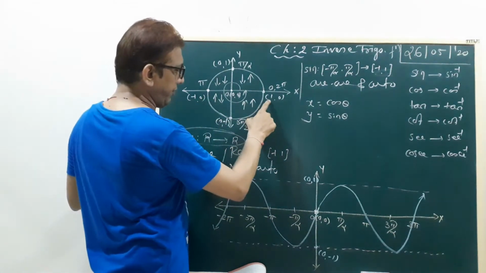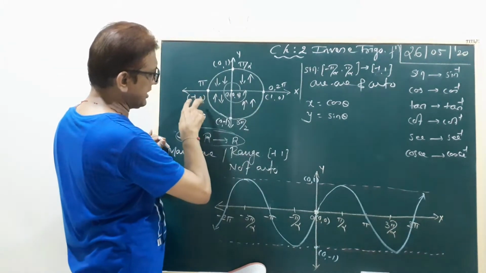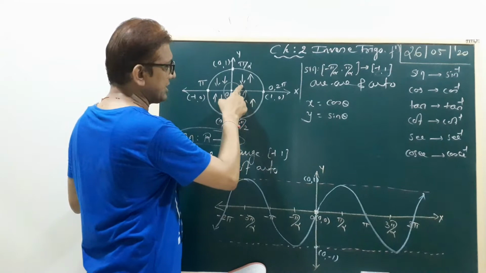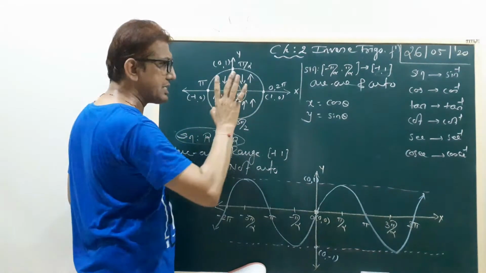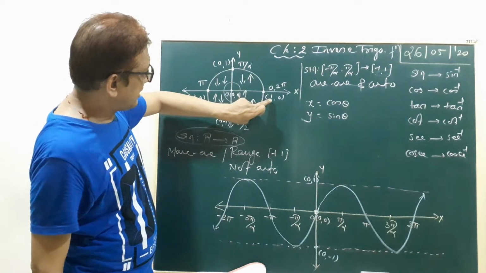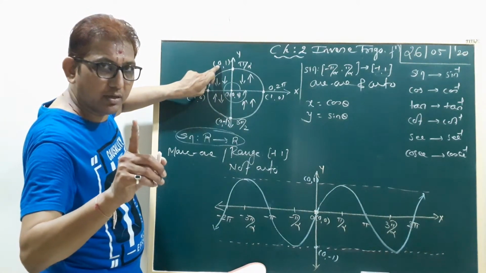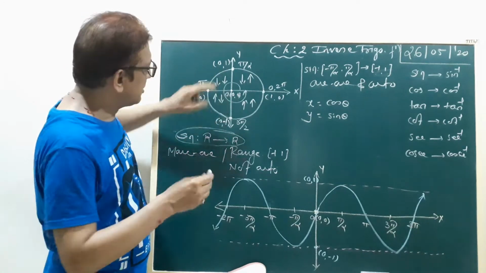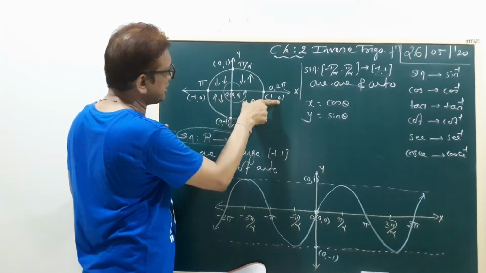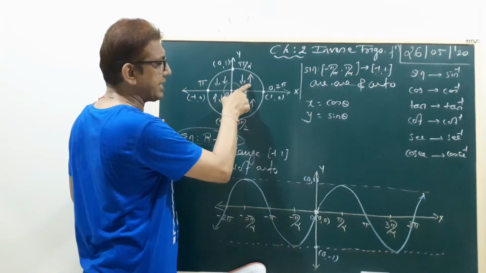Clear? Okay. Here the x coordinate is 1, the y coordinate is 0. Here 0, 1, minus 1, 0 and 0, minus 1. Here we draw the arrows. The first arrow is the cos function, the second arrow is the sine function. Clear? Look here. Here the x coordinate is 1 and here the x coordinate is 0, so x is decreasing. So here the cos function is decreasing, but the sine function value goes 0 to 1, so it is increasing. So in the first quadrant, cos is decreasing and sine is increasing.